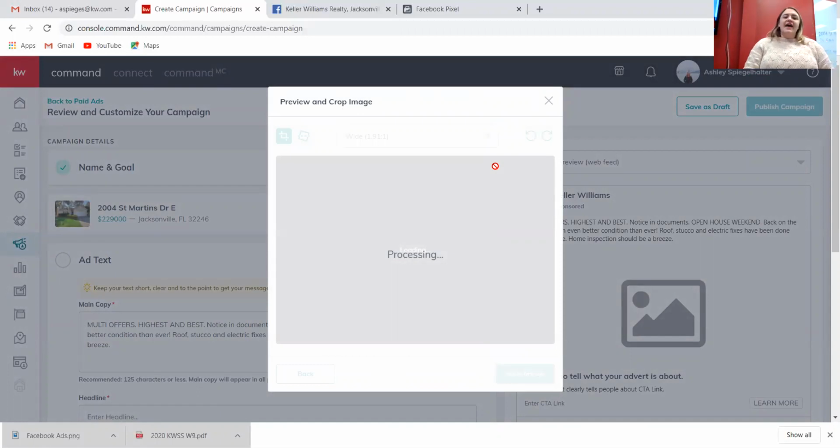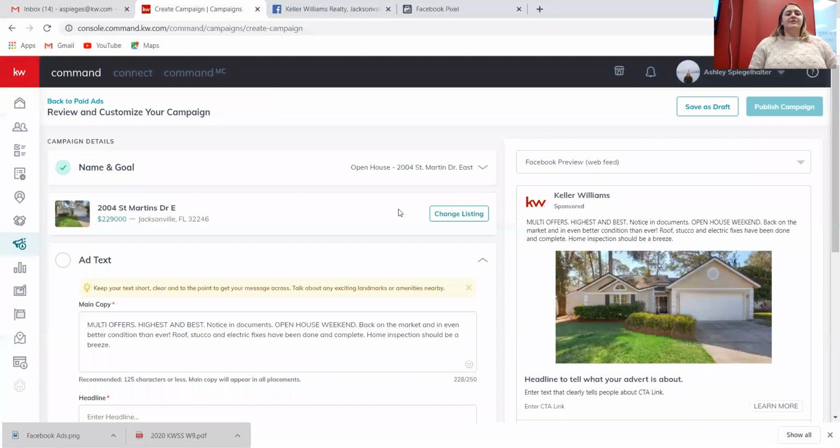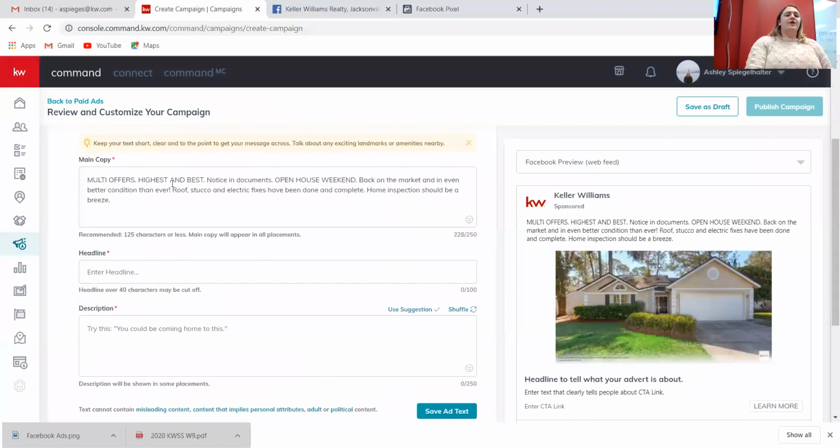And as you'll notice in the ad text, once this loads, everything will pull over that is currently written in the MLS. So if you have a great description written and you like it and you don't want to change it, you don't have to worry about it. But most of the time, especially for the main copy, you're going to want to rework that. If you have some description about the house, you might want to copy and paste that in from the main copy into the description. Again, you want to keep it short and sweet, something to grab people's attention online. You don't want to write them a novel, mostly because a lot of this will get cut off